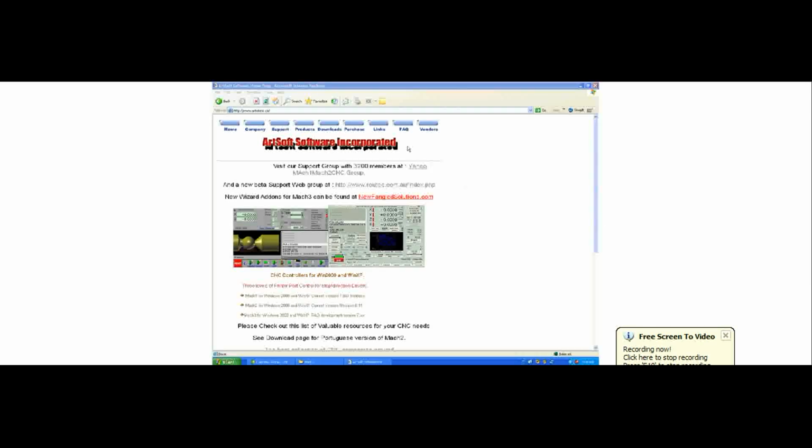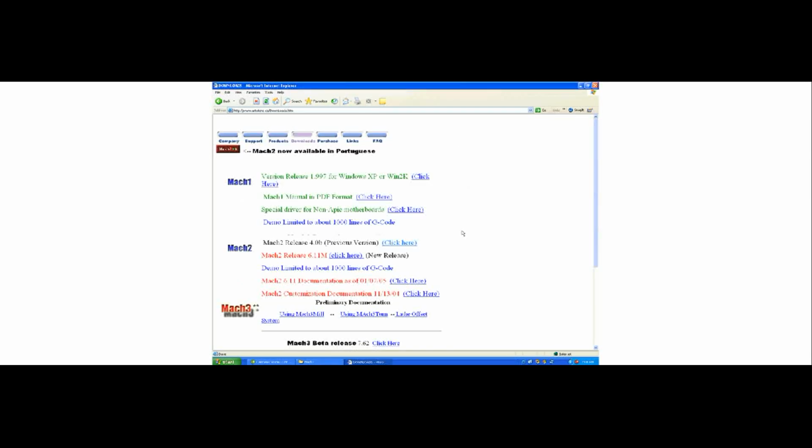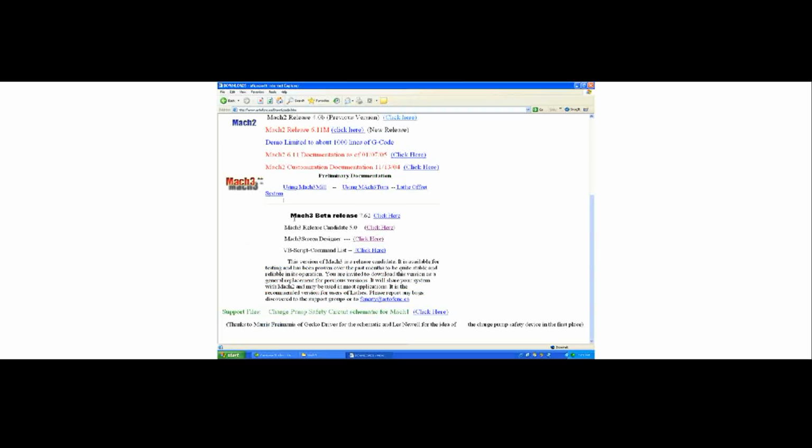This is an example of how to download the current version of Mach 3 and install the program. Here you can see we're on the front web page of the Art of CNC website, www.artofcnc.ca. We select the downloads page, and there are usually several files available for download. The one that we're interested in will of course be under the Mach 3 heading, and will usually be in